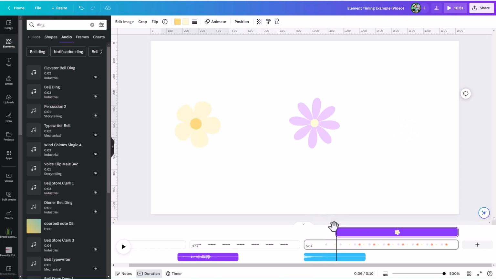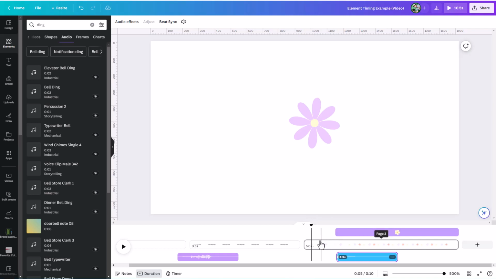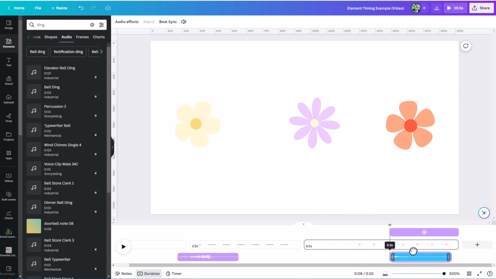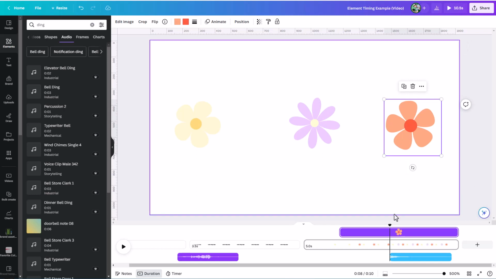And then if that's also where we want our sound to play, that ding, we can drag that over. And now if I drag this and then I hit the play button or the space bar just to preview this, we can see that we get this to pop on the screen right at that moment. Now, you're only seeing the element timing here for one item at a time. So if I wanted to see and position this next flower, I could bring it here. Maybe I'm going to have that appear a little later in the timeline. Again, I'll add this ding towards the end,